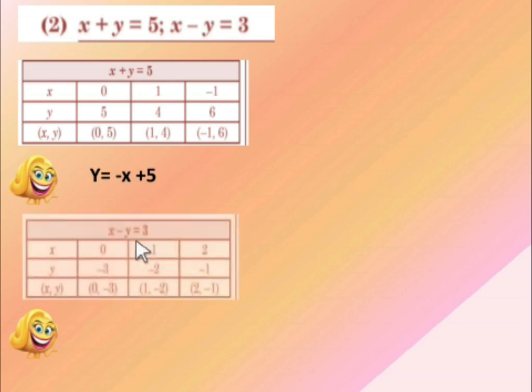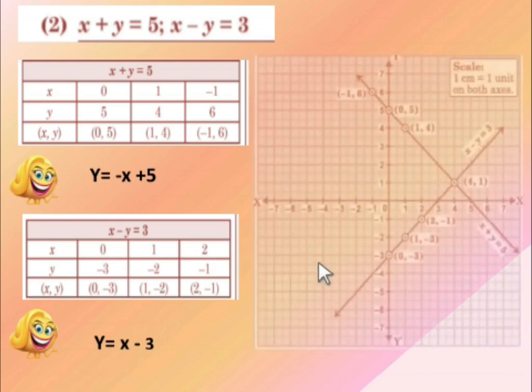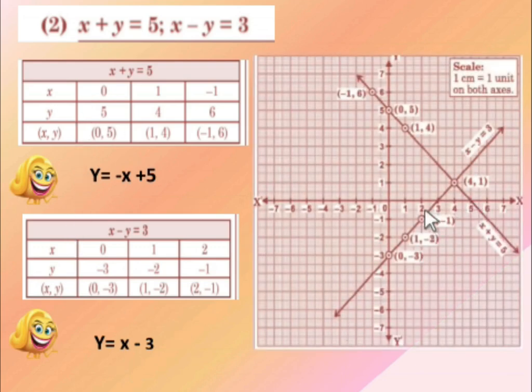Now the second table. x minus y is equal to 3. This is what you will see in most of your books. But what I say, put it in the form y is equal to x minus 3. Put x is equal to 0, minus 3 directly. x is equal to 1, 1 minus 3, minus 2. If you are smart, you will put x is equal to 3 also. Put x is equal to 3, 3 minus 3, 0. Direct answers. So start solving in that manner. Then you will draw the same way. Plot the points. See the point of intersection.